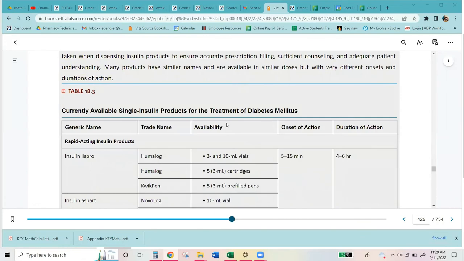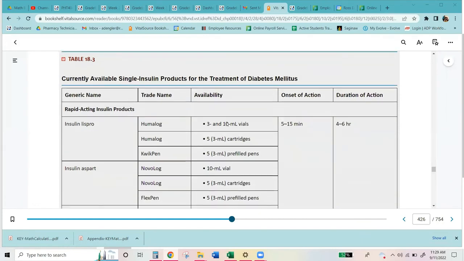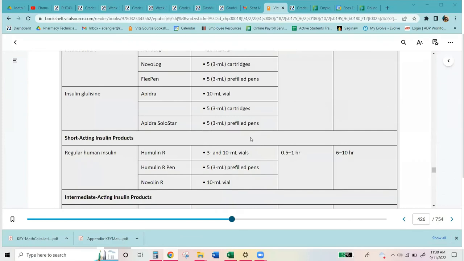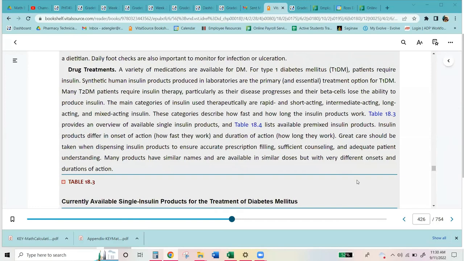And we have a chart of currently available insulin products for the market. Rapid acting insulin. Here is our chart. The onset of action, meaning when does the medication start working? Within 5 to 15 minutes. The duration of action is how long it's going to last in the body. So about 4 to 6 hours. Then we have short acting insulin products. The onset of action is about a half hour to an hour,